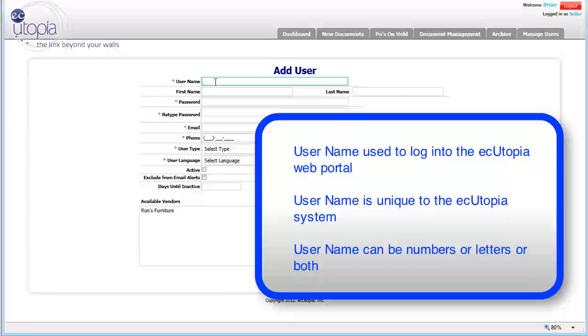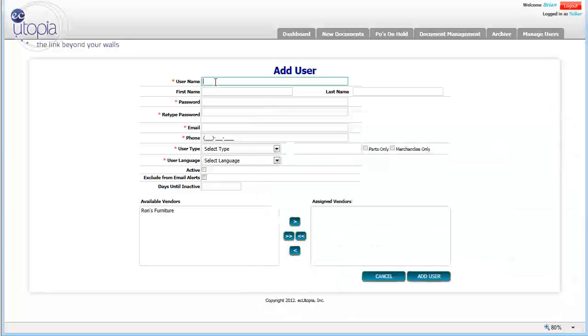The first field that we're going to work on today is the username field. The username is the login username that the user will be using. So when they go to the EC Utopia website, this will be the username that they enter. So we assign the new user a username that they're going to be able to remember. In this particular case, we're going to type in Papa Crunch, first name and last name,